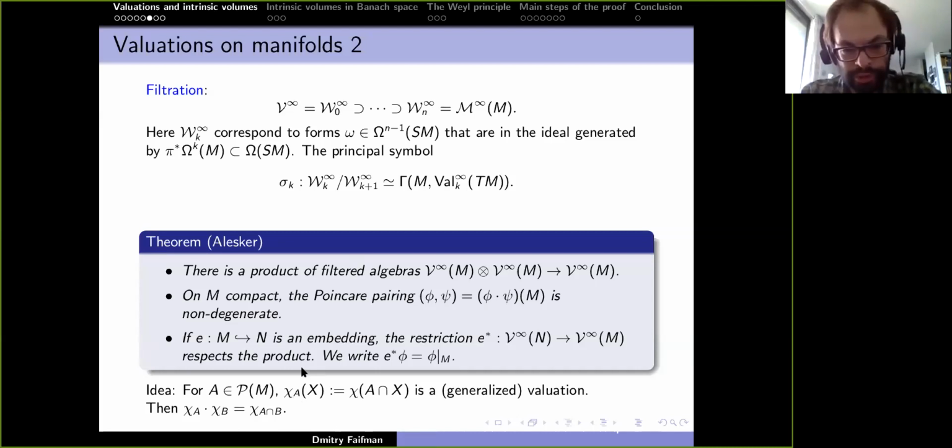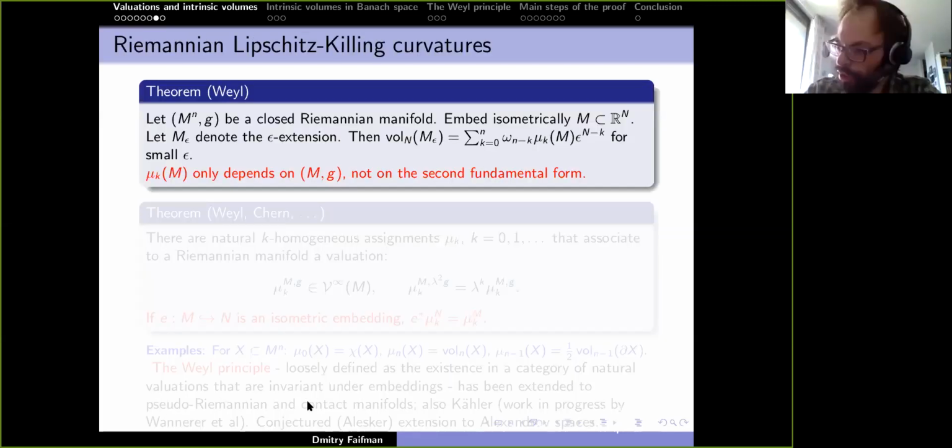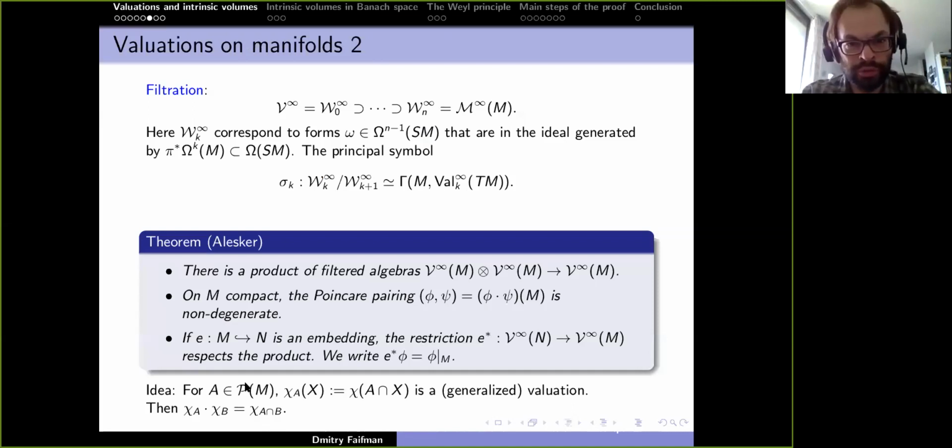And once again, this product structure reflects, as you can clearly see, the intersection of sets, and is thus intimately tied to things like kinematic formulas and integral geometry, according to the Blaschke school. Okay, I think that's all the background in valuation theory, and we can talk about intrinsic volumes in this setting